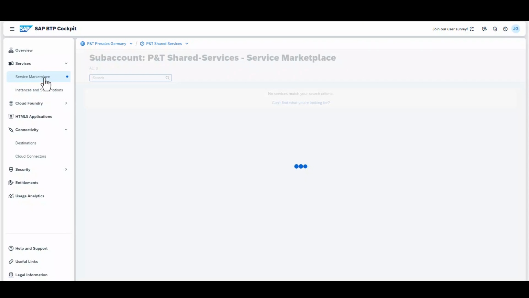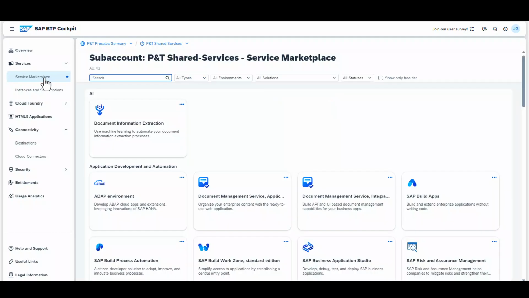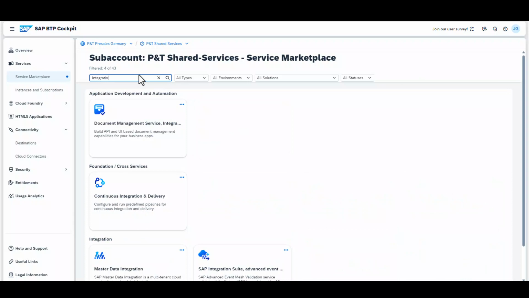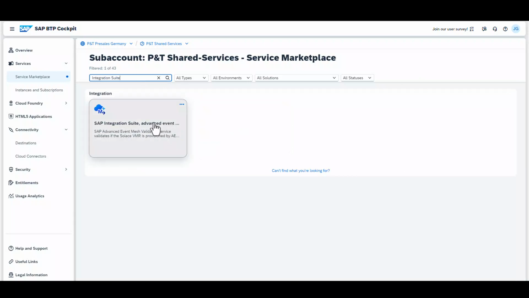Okay, the SAP Integration Suite is running on the SAP BTP, the Business Technology Platform. It covers all kinds of integration topics and landscapes. As part of BTP, the suite enables you to have full end-to-end processes across all lines of businesses, partners and